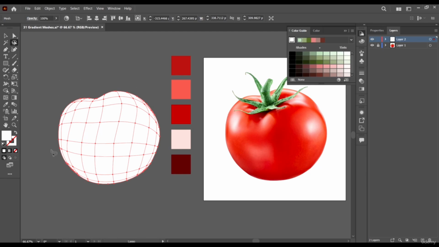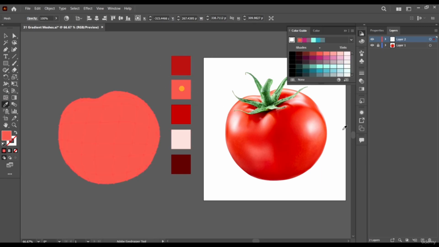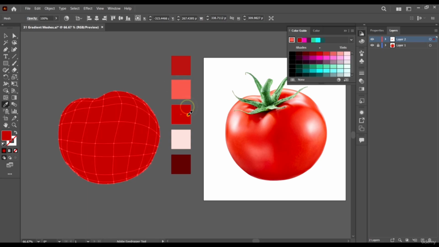When we select them, we go to our eyedropper tool or hit I on your keyboard, and then give it a color. Let's give it a flat first color. Maybe you can give it this one or this one, whatever color you want. So let's start working with this one. Then the next thing we can do is look at places where there are variations, select your eyedropper tool and start working your way, selecting the colors that are prevalent in those areas.